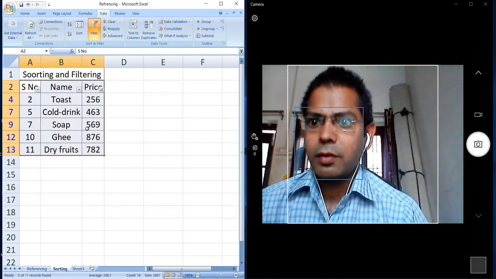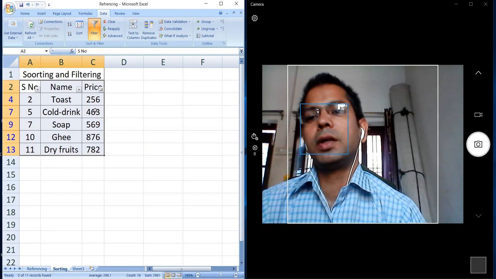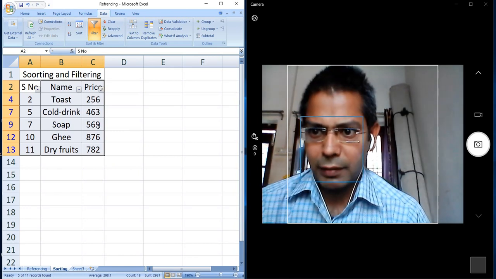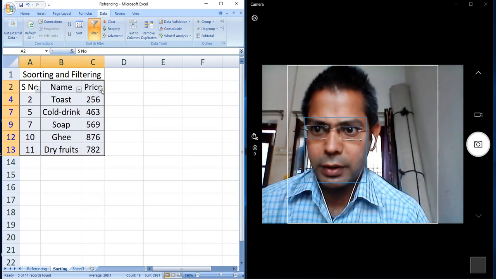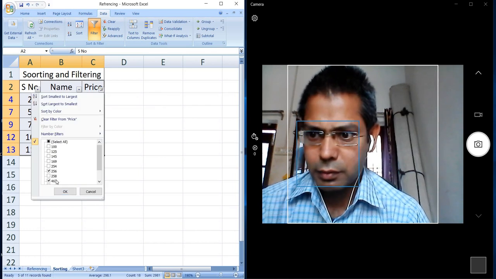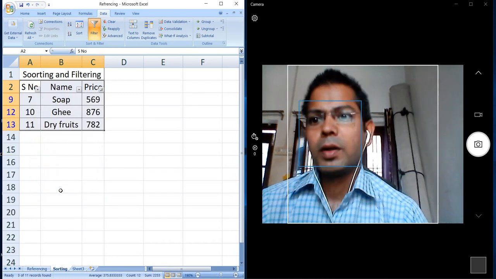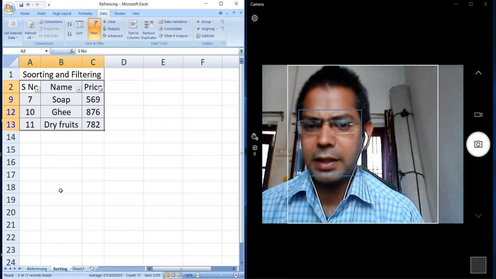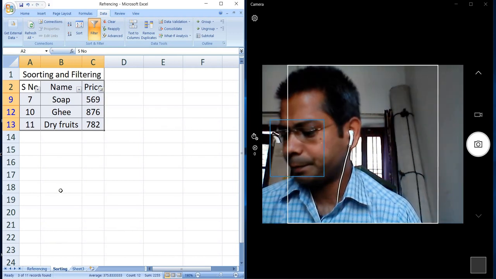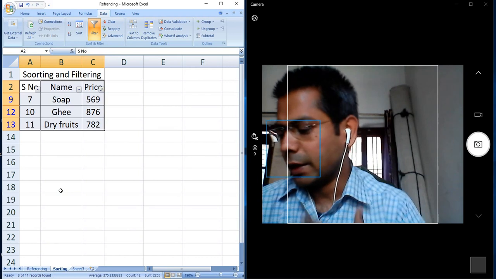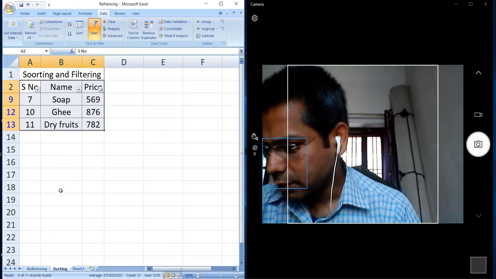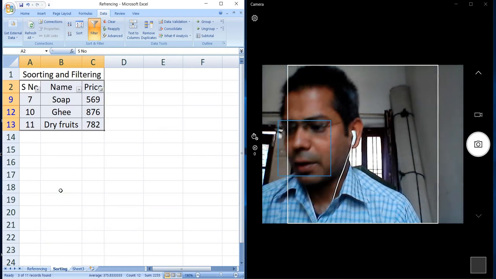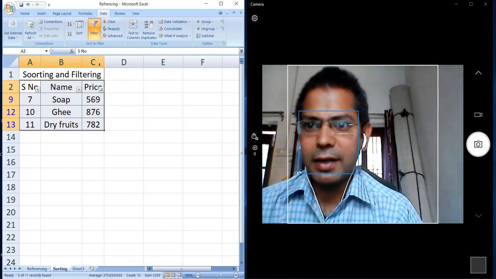Okay, you see there are more than 501, this and this, 463, and this. These are left to do. Remove that also one by one. It does not mean that the rest of the records are deleted. No, these are hidden. In the same way, we can apply the filter in different ways.